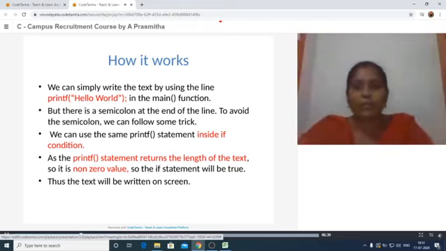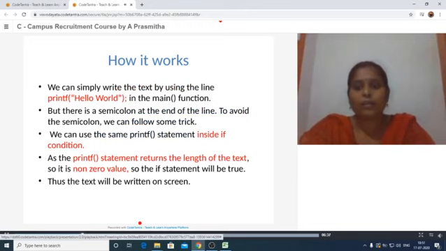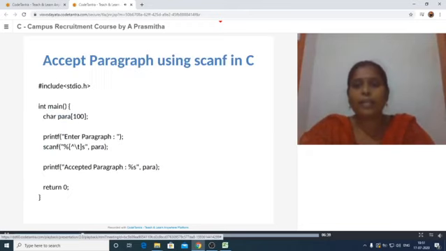Now the next question is to read a paragraph using the scanf statement in C language. In this, scanf can be used by declaring a variable which is a character array.